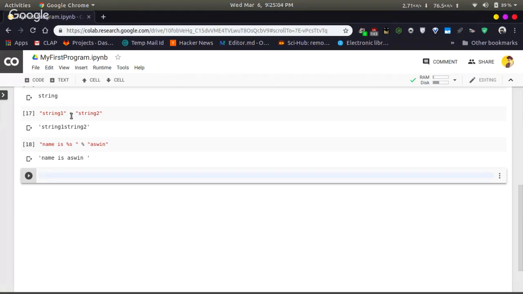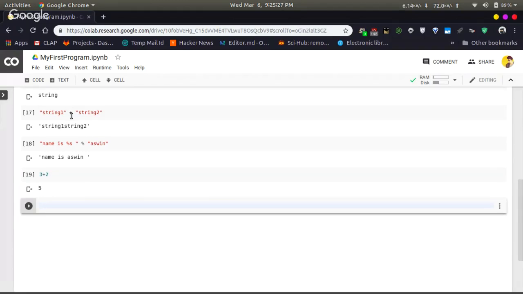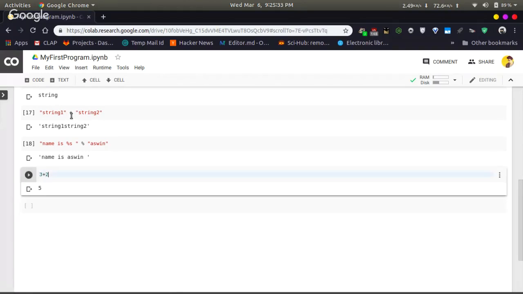In Python, the interpreter has another property. Here you can type any mathematical equation and it will execute or evaluate it. It's called an expression. You can type 3 plus 2 in this interpreter or in this code cell, and when you execute it, it will return the result of this expression.